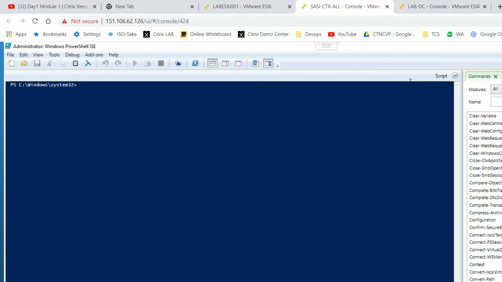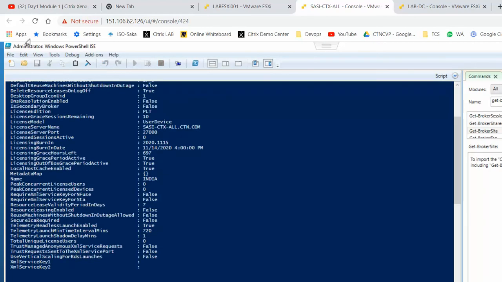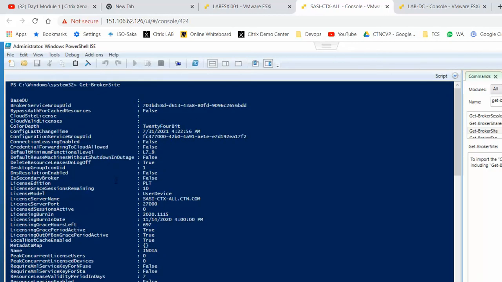Guys, if the Citrix commandlets are not working, for example, use Get-BrokerSite. This is a command. You just double-click it, insert it, the command will run directly here, and hit enter. See, the complete site information will come.